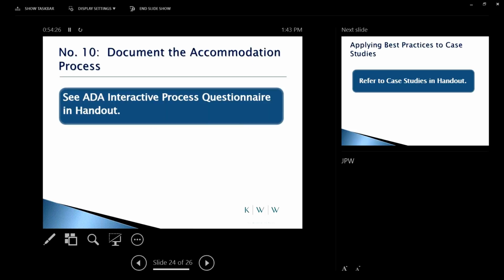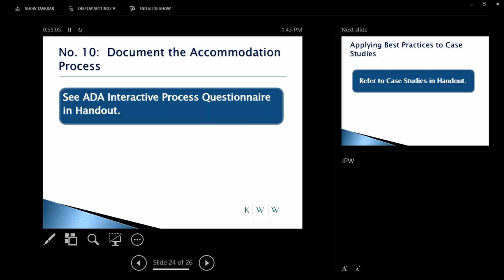And last but not least, best practice number 10, I ask you to look at the other handout that I've provided to you, the ADA Interactive Process Questionnaire. That is designed to walk you step by step through what you should be doing when an employee says to you, I have a health concern and I'm not sure I can still perform all of my job. And so in order to determine whether or not they have a disability,